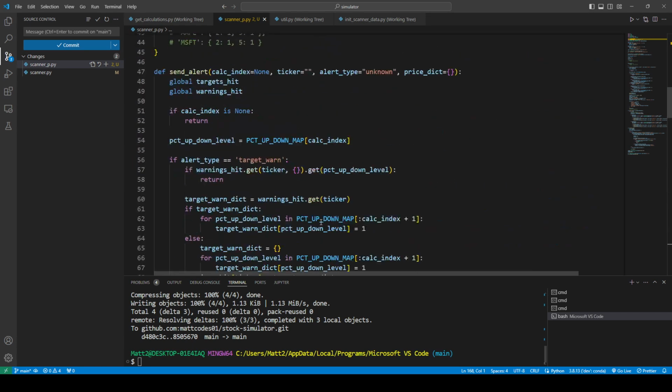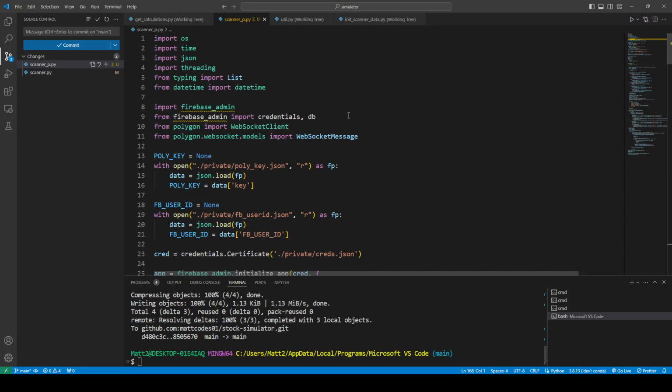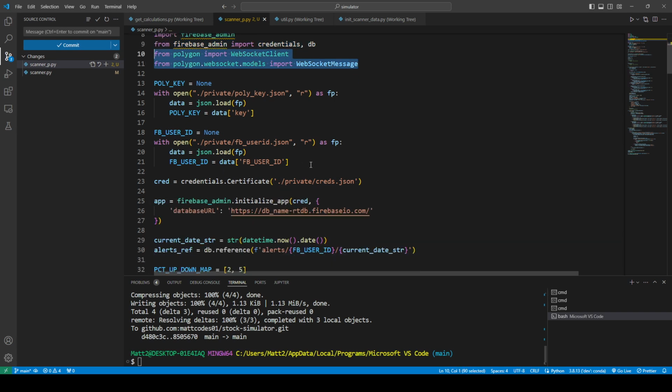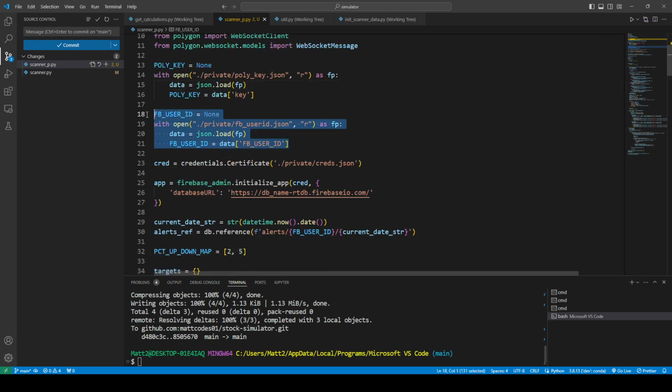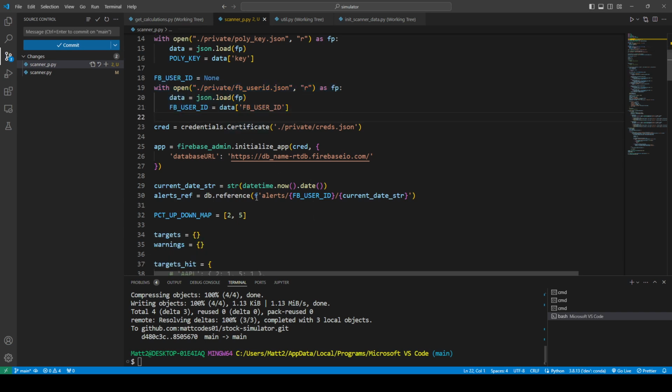It's not perfect, but it works okay. Anyways, coming back to that, here's some imports. I'm using Firebase to do the real-time alerts, which I'll talk about in a little bit. And then, yeah, that's pretty much it. Here's the usual poly key, and I'm also getting the Firebase user ID. Do I need poly key? What is that for? Oh yeah, that's for the WebSockets. Firebase user ID is something I made up. It's just a random string of characters I use to make sure that